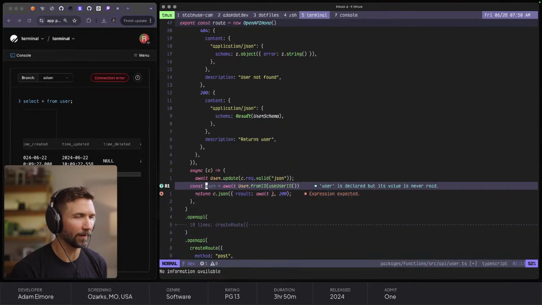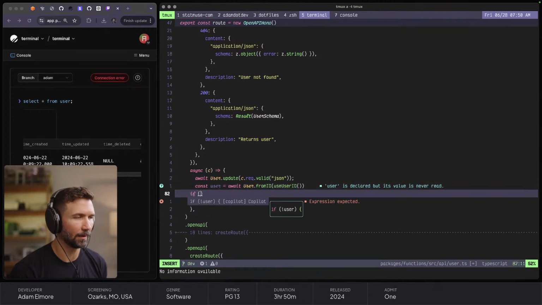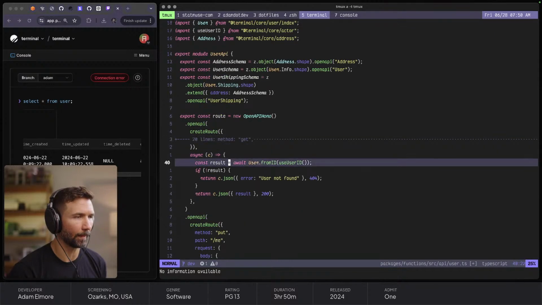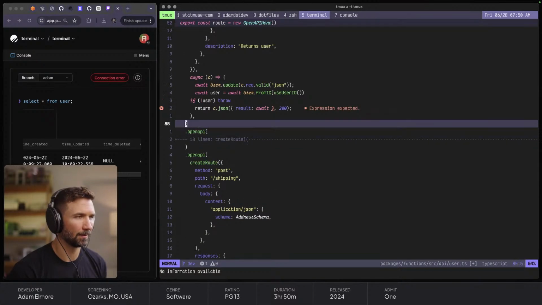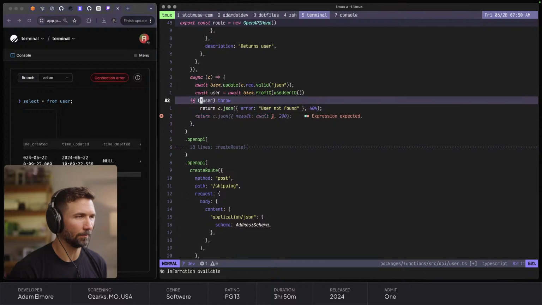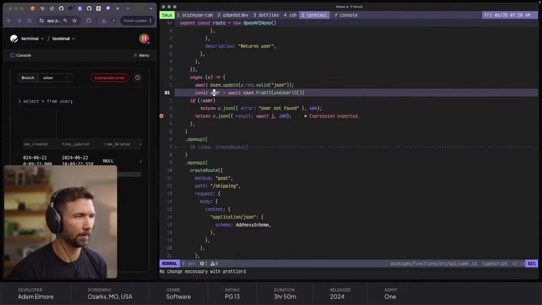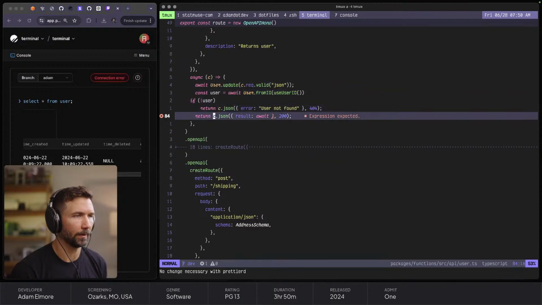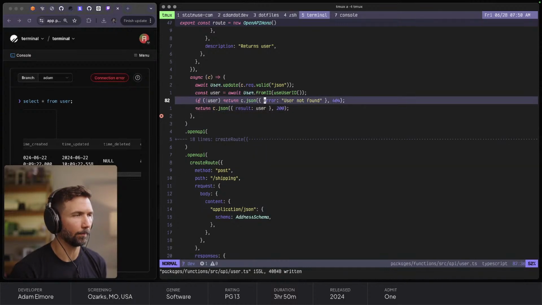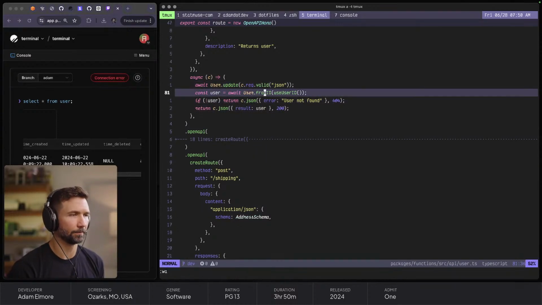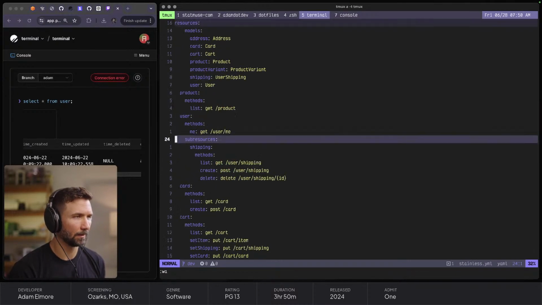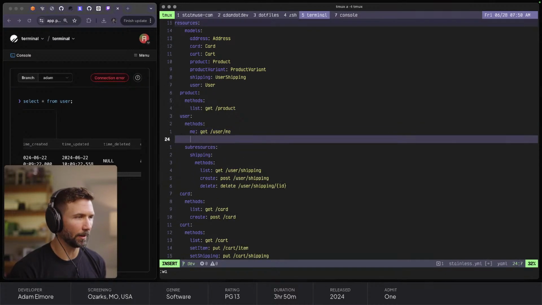Oh, it could be undefined. If it's undefined, so if not user, throw new. This is where we do our, this thing. Okay. Oh, and then I've got to, okay. Feels good. Done. Oh, I've got to update Stainless. So now we have a user,